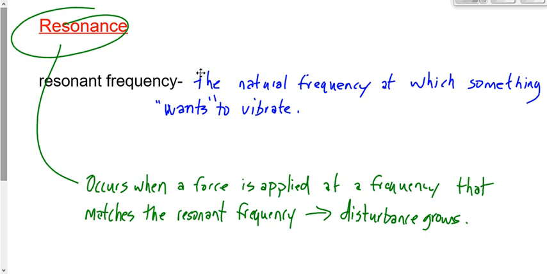The swing set. Remember the swing set. It's the perfect example. It's the perfect way to remember this. If the swing set is going back and forth at its natural or resonant frequency, and we can calculate that resonant frequency, and you apply a force at random times, then the amplitude of the swing set doesn't grow. But if I apply a force at a rate that matches the resonant frequency, then the disturbance grows and the swing set goes higher and higher and higher. And sometimes that causes failure, like in the case of the opera singer or in the case of,